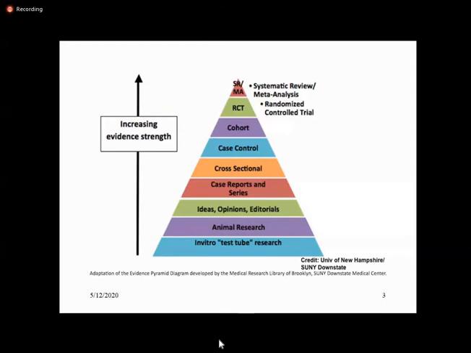From below, you see that mostly in medical research they do studies in the laboratories. Then, when they get some results, they go to experiments on animals, and from that they generate different opinions and ideas among their peer colleagues. After that, they go for the case series type of descriptive study design, cross-sectional, the case control, and the cohort.